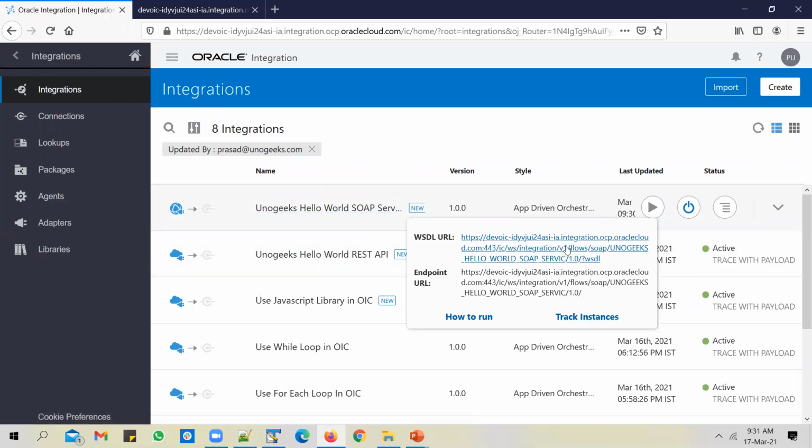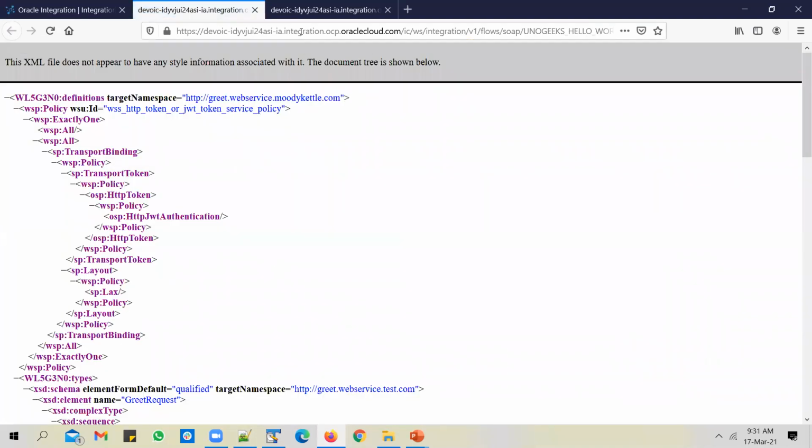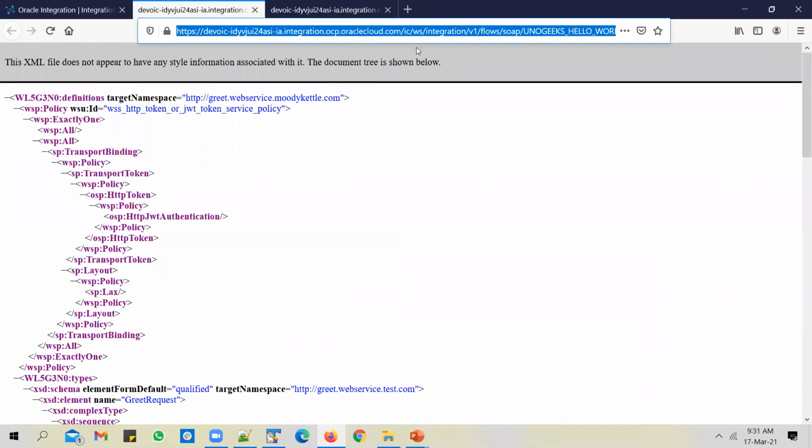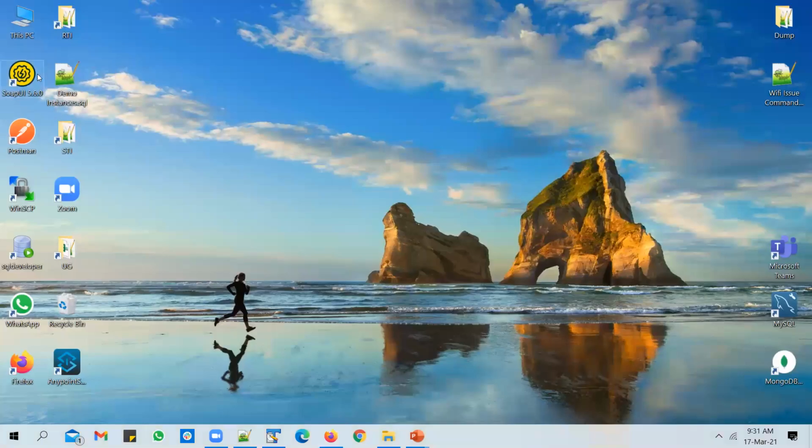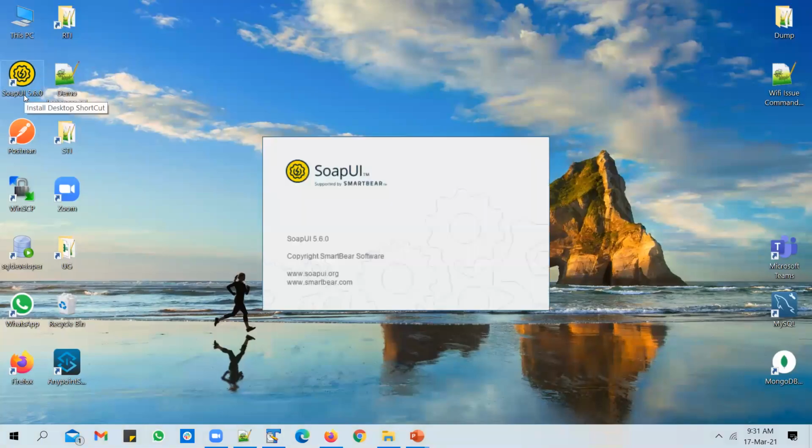And after I activate it, I've got this WSDL URL. So this WSDL URL is nothing but an implemented web service, meaning if you invoke this URL or invoke this SOAP service, it will actually do something. It will take a name as an input, prefix hello, and send it back as an output. So you copy this WSDL URL and use SOAP UI. In case you don't have it installed, go to Google and download an open source version.